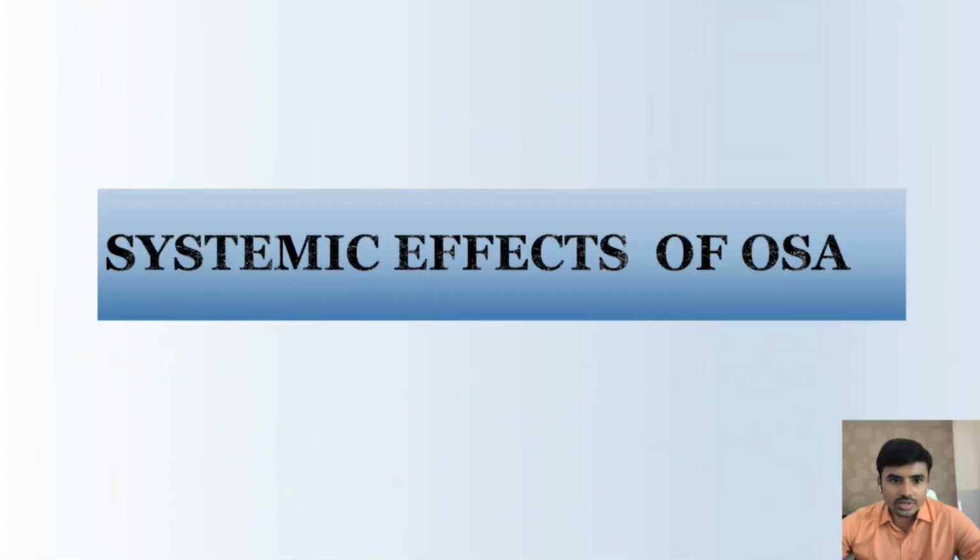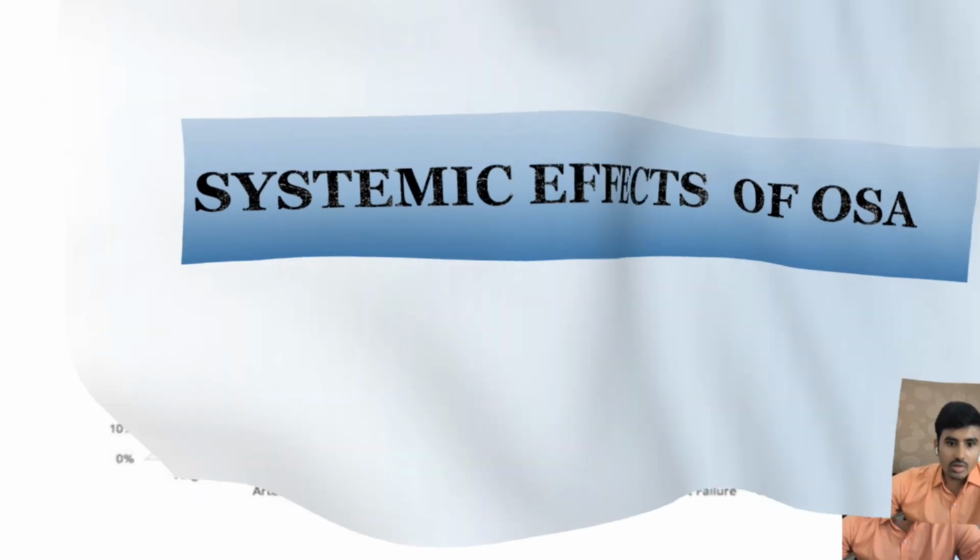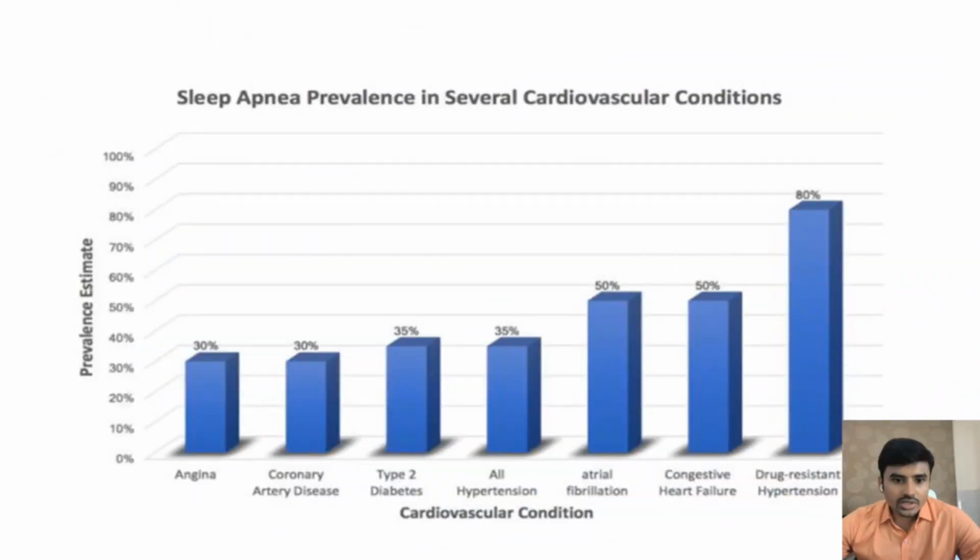Systemic effects of OSA: angina, coronary artery disease, type 2 diabetes, hypertension, atrial fibrillation, congestive heart failure, drug-resistant hypertension. Firstly, rule out OSA. Rule out any sleep apnea related disorders. In all these cases of drug-resistant hypertension, uncontrolled diabetes, all hypertensive cases, AF